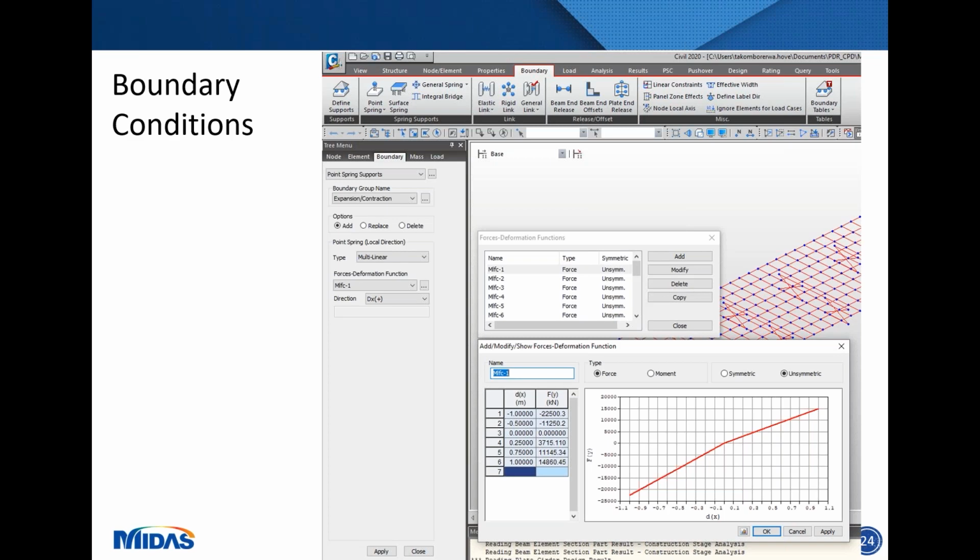Again, this is accounting for the fact that we had a slope in front of the wall, and this also took into consideration feedback that we'd received from the geotechnical engineers as to what was appropriate, after, as I say, a bit of iteration between the two of us.